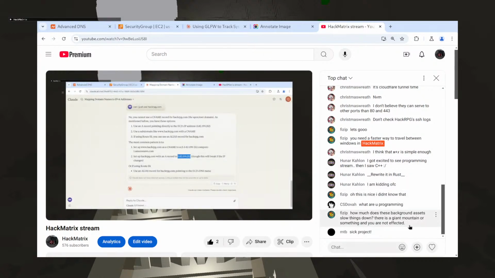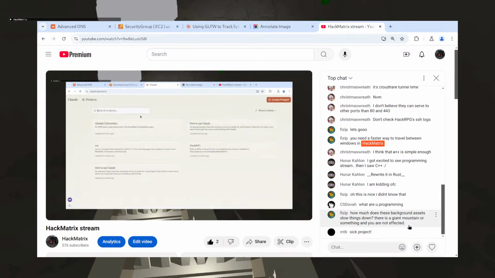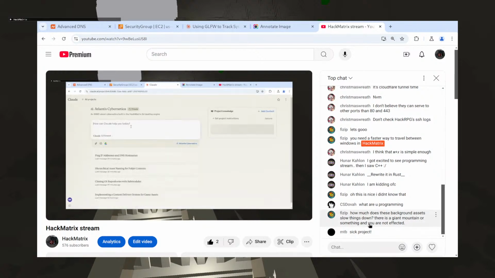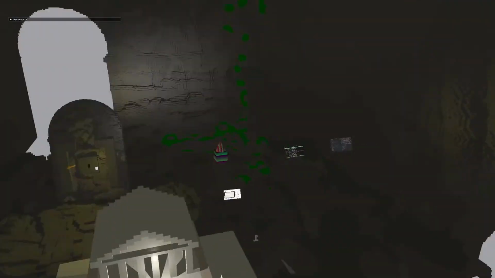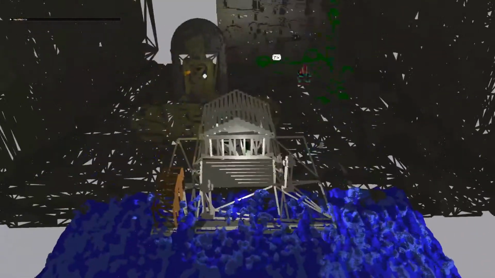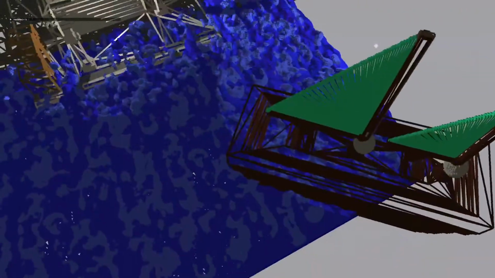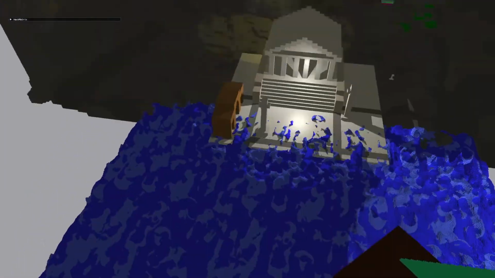How much do the background assets slow things down? Is there a giant mountain or something and you are not affected? The background assets, yeah, they don't really slow much down. I mean, the tris on the water is pretty significant. Hold on, let me speed up so I can fly around here.